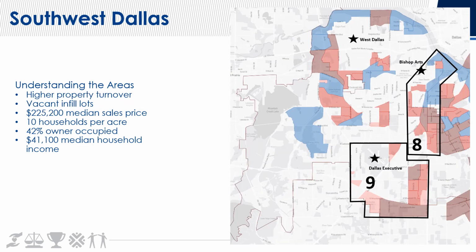These potential focus areas are in Southwest Dallas. The highlighted areas have the highest median sales price and the second highest median household income of any of the potential areas that we're considering. The area is in the middle as far as density, and there's not much large tracts of undeveloped land, but